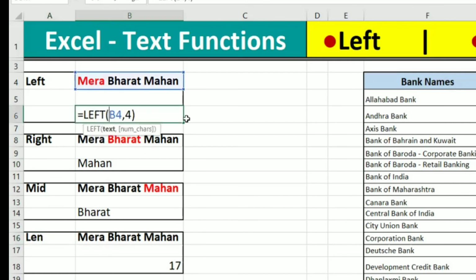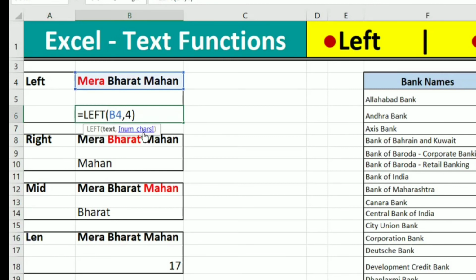See, equals left, give the source data, the B4 cell address, and the number of letters should be 4. The function prompts the source data as text. One more argument is optional.